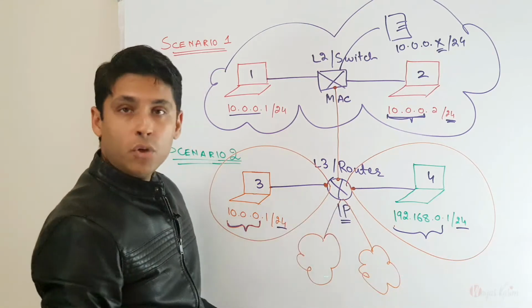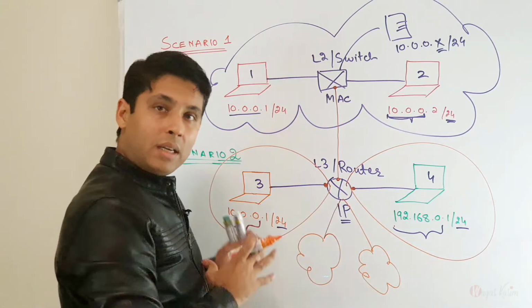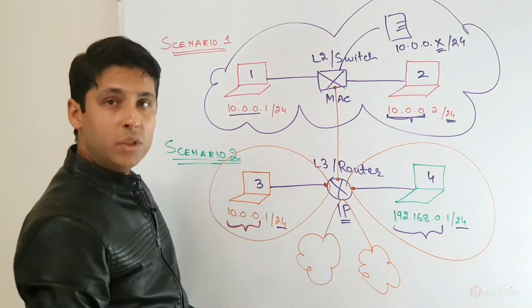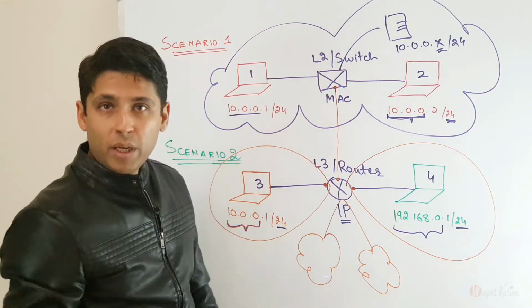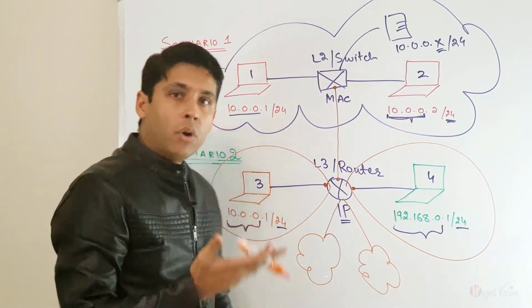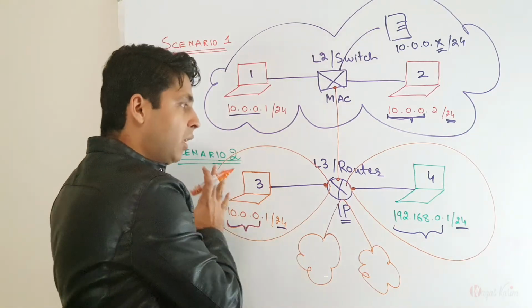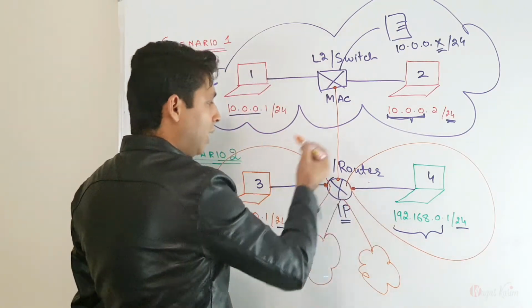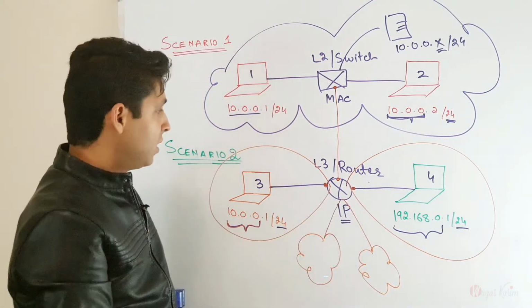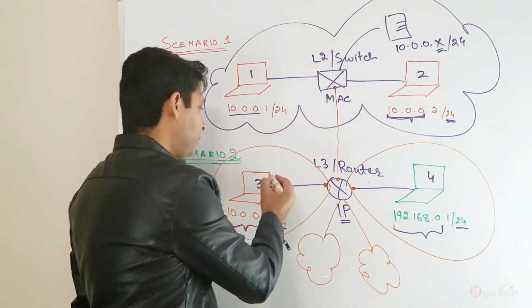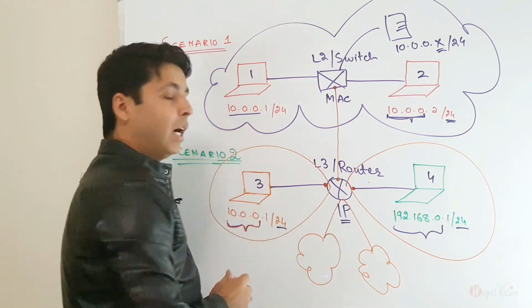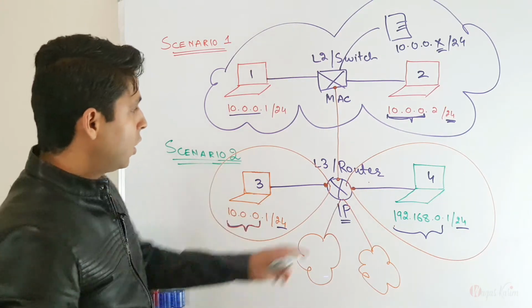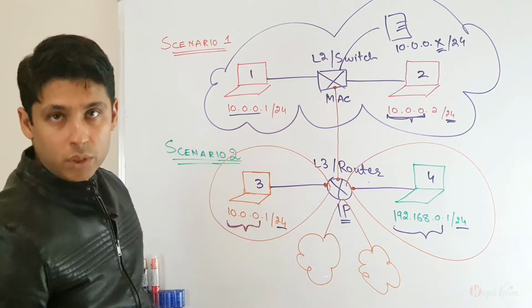That's why whenever we talk about a router, we always say that the router tells us about the location, the logical place. Which means if I connect my mobile phone or my computer in the morning in my office, then I might have a different IP address. When I move from my office to another network, to my home or to another office, then that will be a different IP address. So it depends on my DHCP server. So this is the scenario. Where do we need a router? Where do we need a switch?